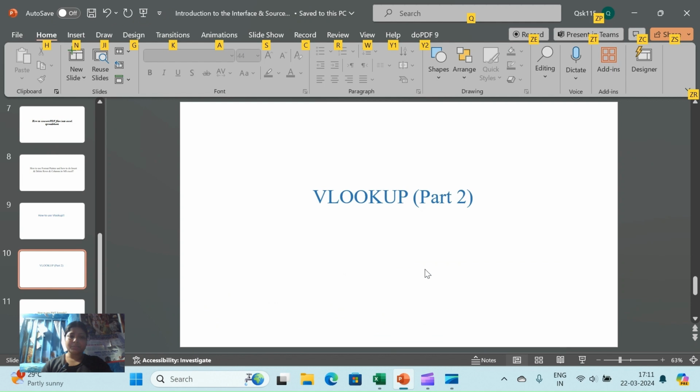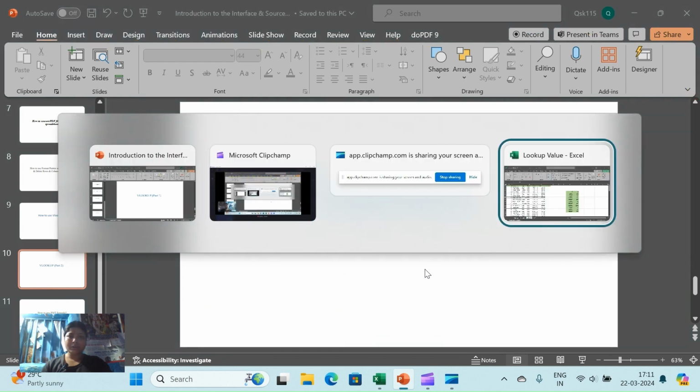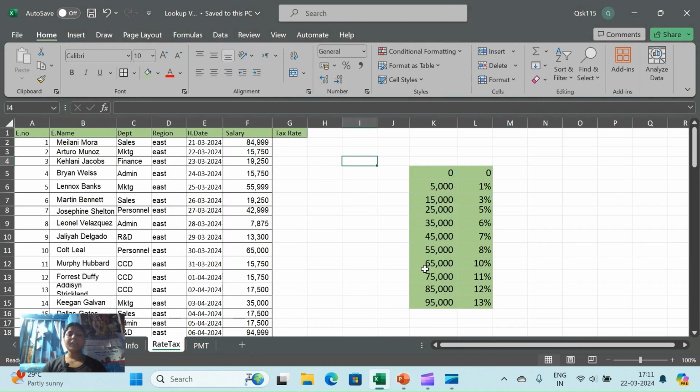Let me open the file that we'll be working with through this lecture. Here we go. Okay, suppose we have some data like this, and we need to find a tax rate here. Tax rate means as per our salary, right? We have some salary given here and a tax rate here,